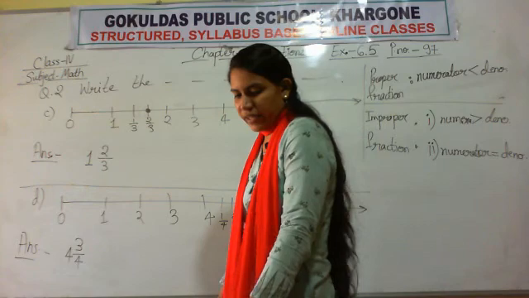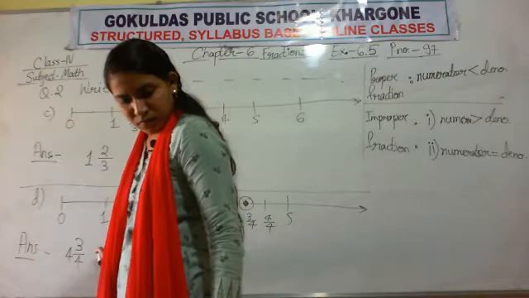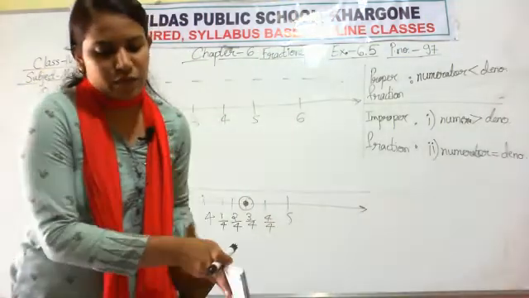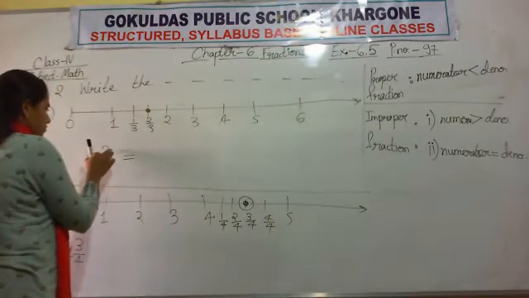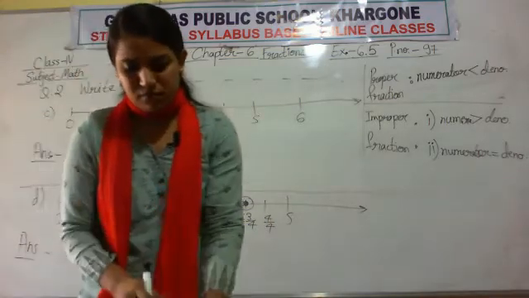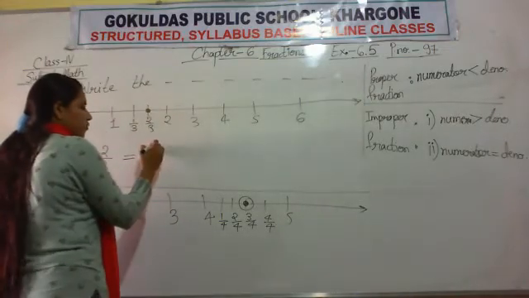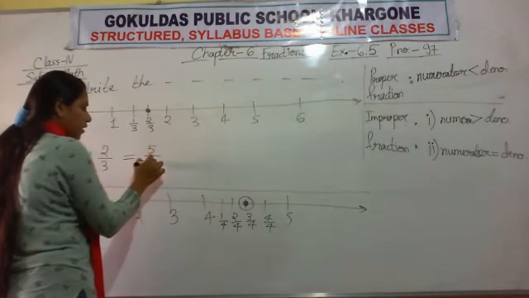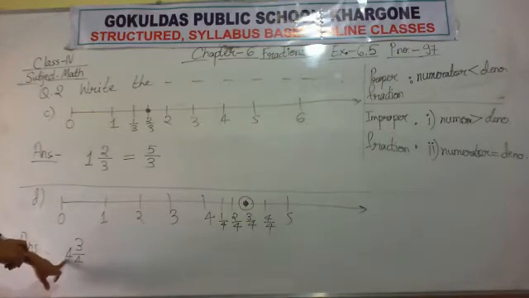You can do one more thing. You can convert these mixed fractions into improper fractions. So how do we convert? 3 ones are 3, 3 plus 2 is 5, 5 upon 3. So the final answer will be 5 upon 3. Now convert this. 4 fours are 16, 16 plus 3 is